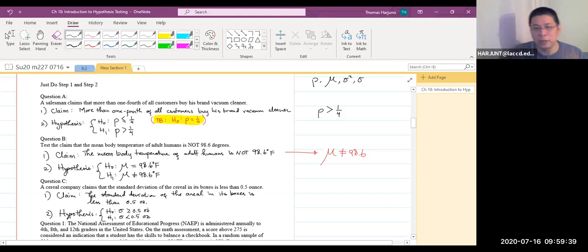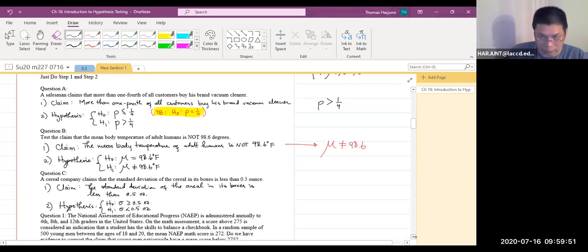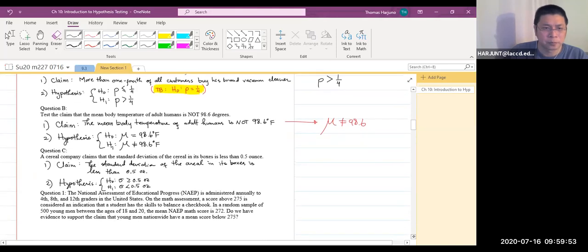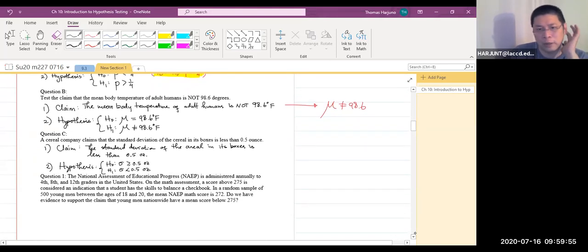I hope you start feeling how easy step 1 and step 2 are. I don't expect people to make mistakes in step 1 and step 2. I still saw it though, but most of the time, if it happens and that student is well prepared, it's simply a misunderstanding of the problem.